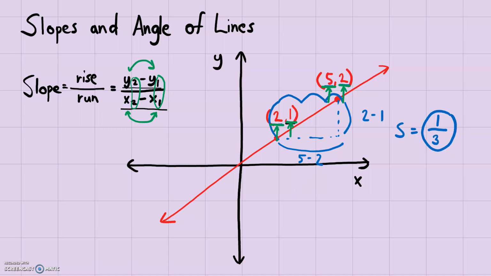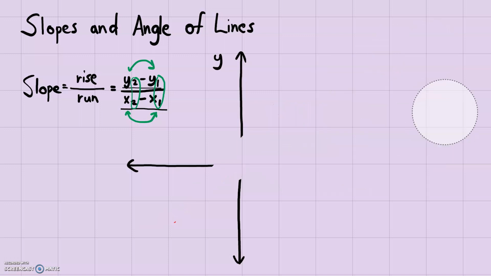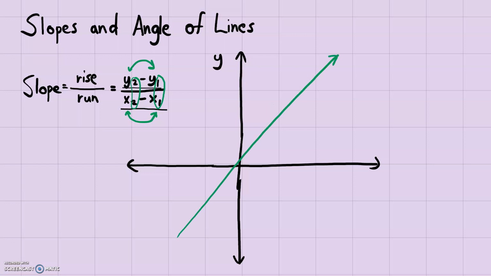And what about the angle? What do we mean by the angle? So if we have, let me redraw this axis here. So if we have a line, let me actually draw it so that it goes right through the origin. Okay, the angle,